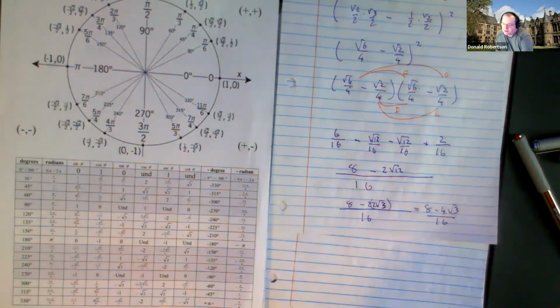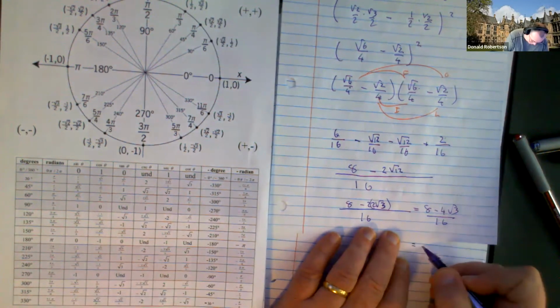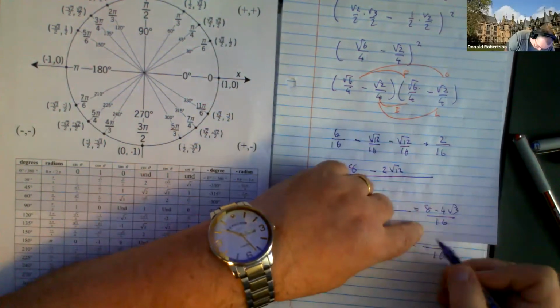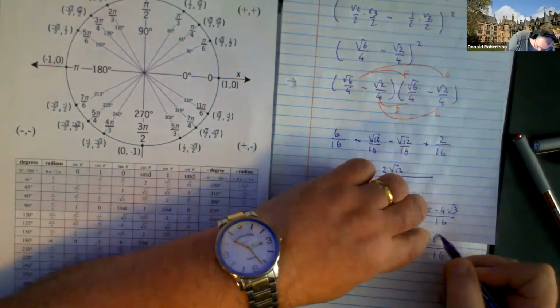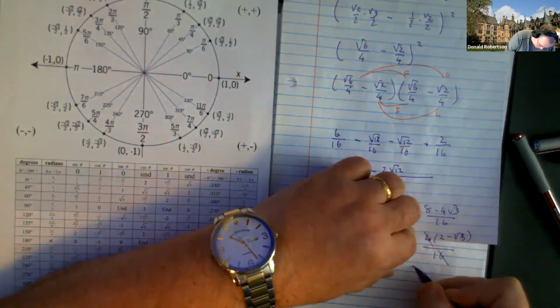Would you agree it's a little bit nicer? And you might think, hey, I'm good. Nope. Is there anything else that you can do to the top that might eventually make it even nicer? Can we divide everything by 4? We will eventually, but to do that, I'm going to pull out a common factor of 4. And then I can cancel. And now I have,